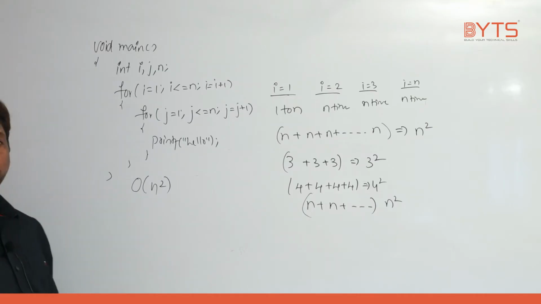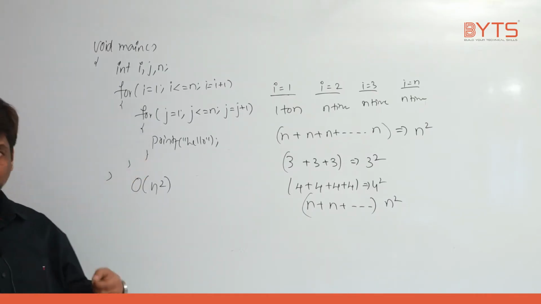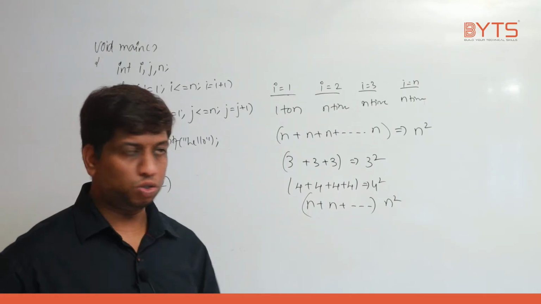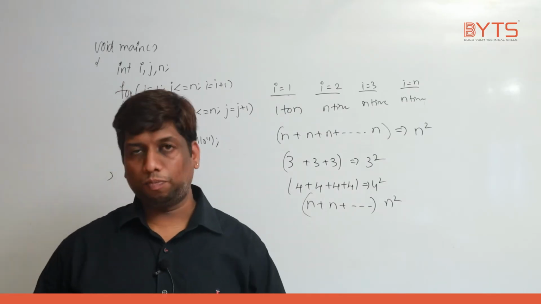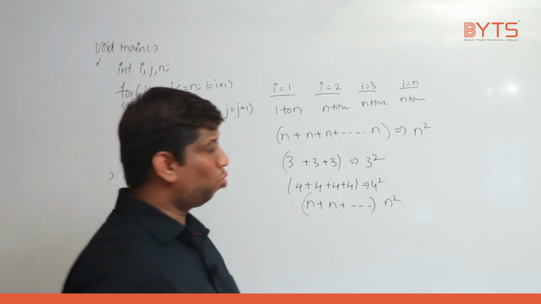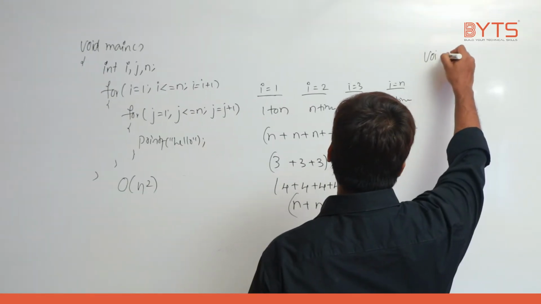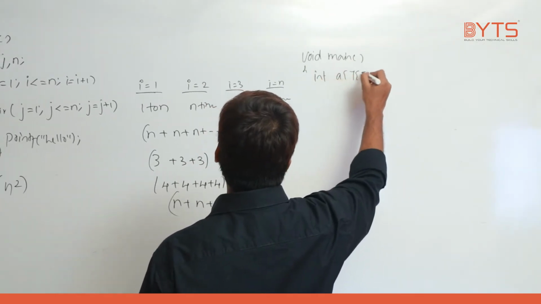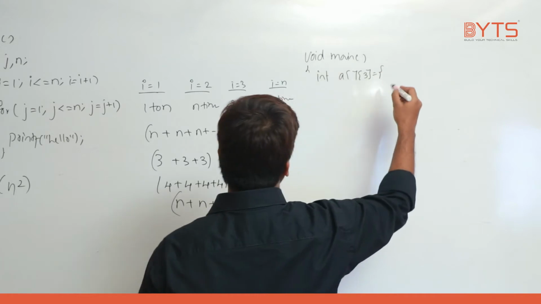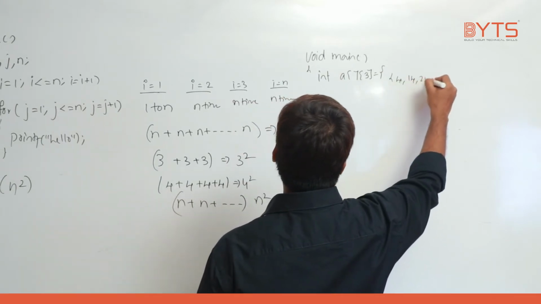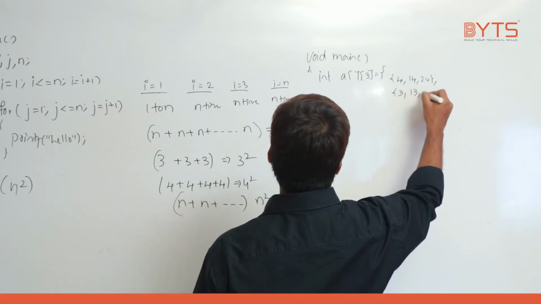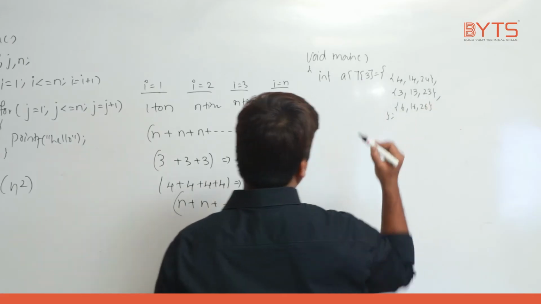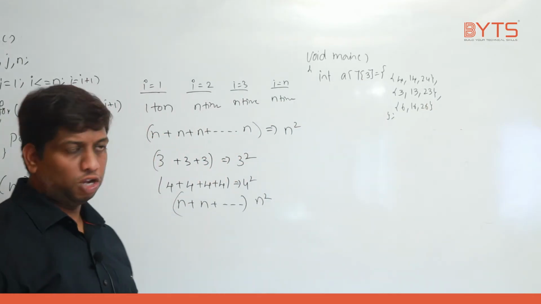Now, what is the scenario where this kind of thing happens? We need to understand. Let us take a 2D matrix and try to print the values. Instead of printing hello, now I am taking one real example, and I am trying to show the code for you. See here, void main. Straight away I'll write, I assume you know 2D arrays. Int a of 3 by 3 is equal to 4, 14, 24, 3, 13, 23, 6, 16, 26. I hope this is a 3 by 3 matrix. I hope this is very clear.